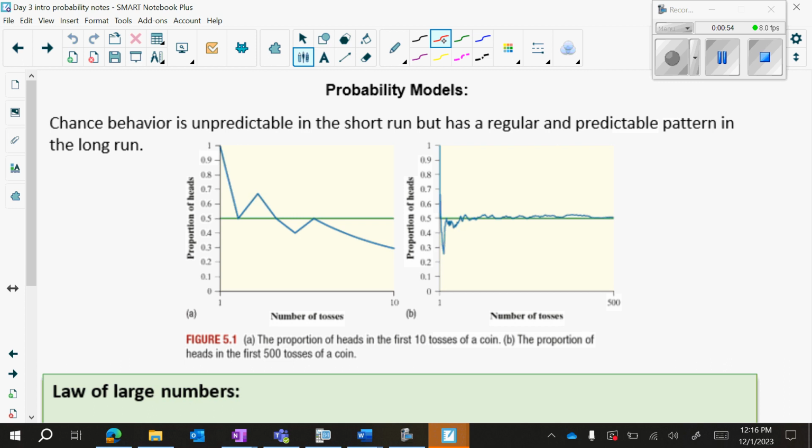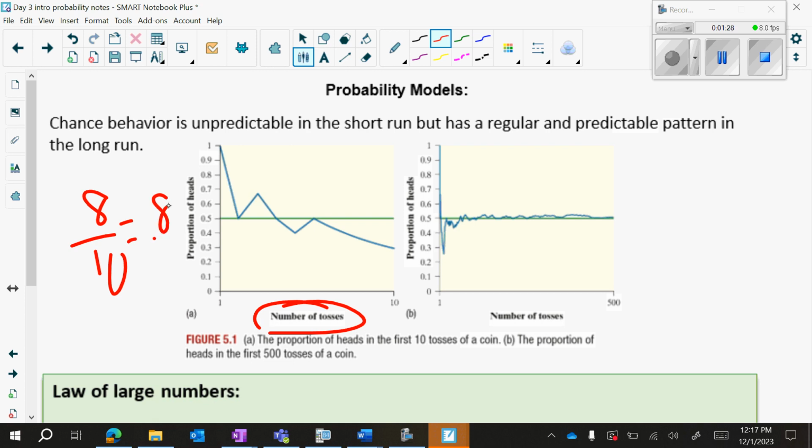And that can be graphed, pointing to this graph here, the number of tosses on the x-axis. Let's say I tossed the coin 10 times and I ended up getting 8 heads, okay? So it's kind of jagged here, and this jaggedness is showing that the number of heads I could get is unpredictable in the short run. So maybe I just do 8 out of 10, and I get 0.8 as the proportion of heads, okay?